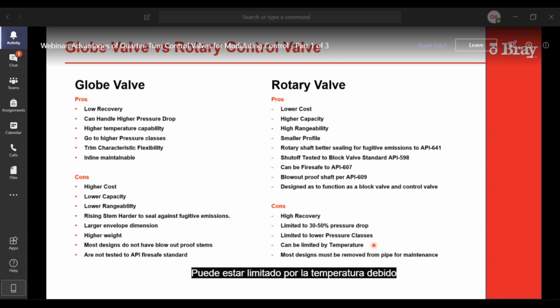Rotary valves can be limited by temperature because they rely on a polymer seat or an elastomer seat, and we can make metal seated, but those are the exception. In a lot of cases, the polymer elastomer will only go up to like 400 degrees.